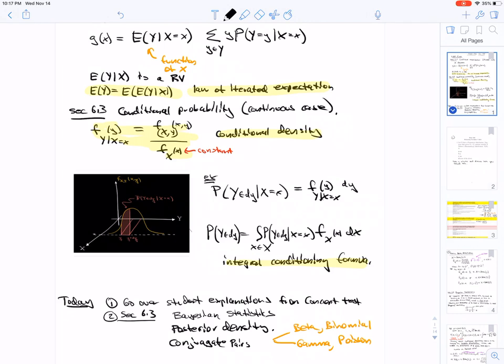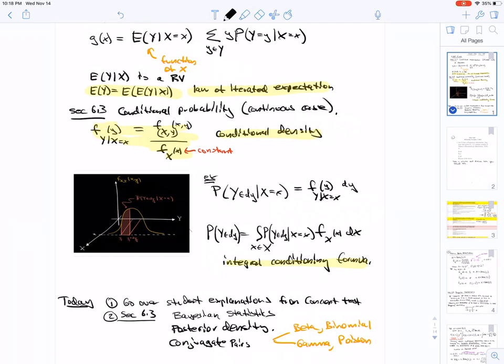And if you want to find the probability that y is in dy, given that x is x, you would take the value for your conditional density at y and multiply that by dy to give you that area actually shown in the